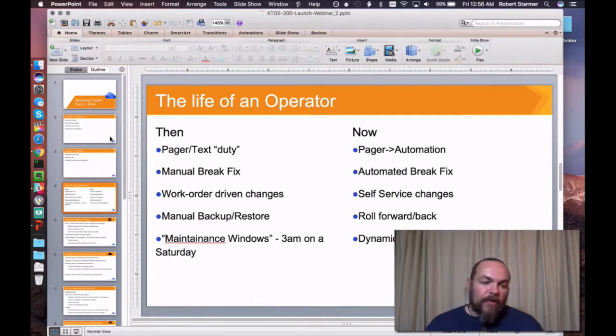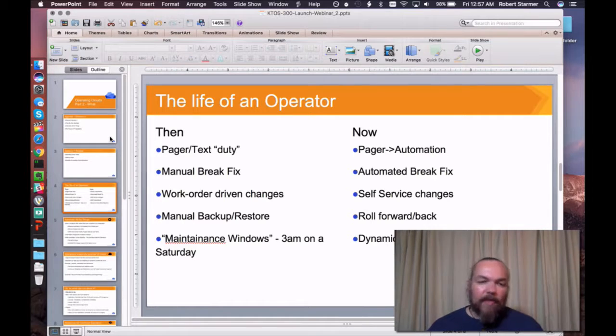And that slowness, while not derived specifically from the operations team, was derived from the environment in which we were all operating, and it caused grief in terms of enabling the sorts of capabilities that people wanted, and created a bad taste in most folks' minds about operations. Operations is that slow thing that causes grief rather than that fast thing that helps me get my job done. And yes, there is, of course, the concept of the maintenance window. 3 a.m. on a Saturday, when everybody else is sleeping, you're in the data center trying to fix and resolve resource problems. These things are changing, though.